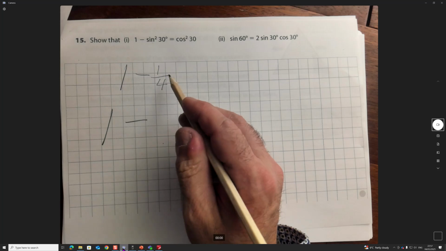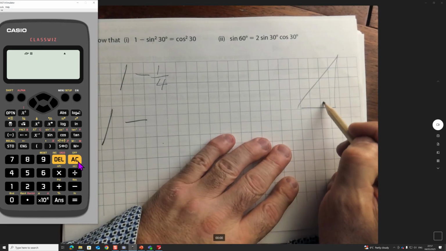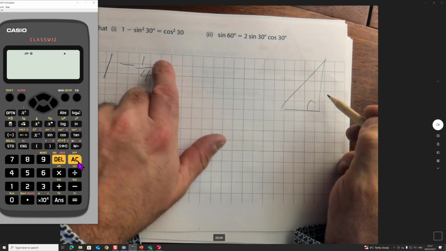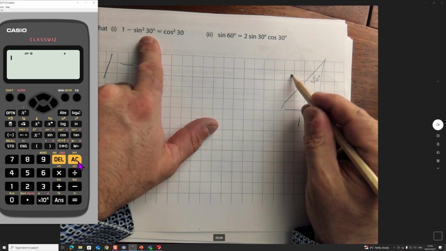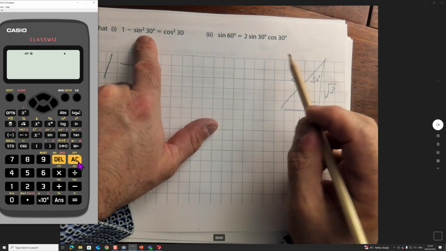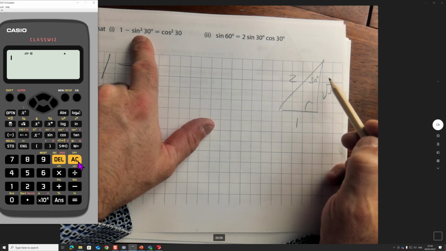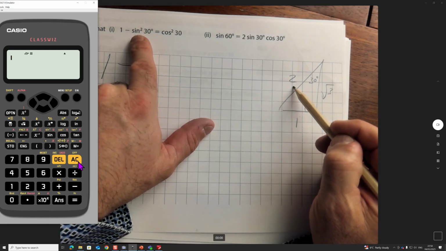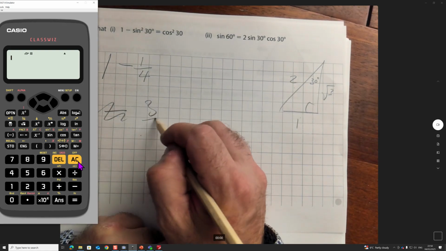Okay. I'll write it out more fully. It's 1 minus, when you do the sine of 30 here, we'll look at it here, in case you doubt me. And you should, until you get to know it. Well, how do I know it? Well, I went back to this reference triangle. So, by the way, the whole triangle is called a reference triangle too. So if I want 30 degrees, I'll put a 30 degrees there. And I'll go, okay, 1 is opposite me, 2 is here, root 3 is here. So you can go from your 30 to this reference triangle. Then you can say, but hang on a second now, what's the sine of 30? The sine of 30 is opposite over hypotenuse, so it's a half. And when you square your half, you get the quarter that I talked about. And then you can go, that is